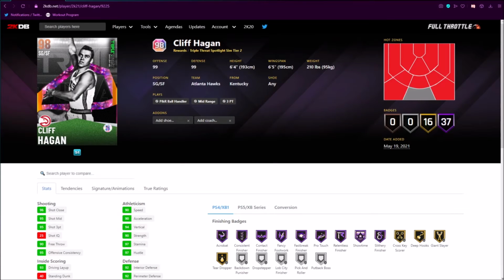So moving over to 2KDB.net, we actually are going to start with Cliff Hagan himself from the Atlanta Hawks. Taking a look at this card, he's a shooting guard, small forward with a 99 offense, 99 defense. He's 6'4". He's a 6'4" player that can play the small forward, which is not really that great, considering